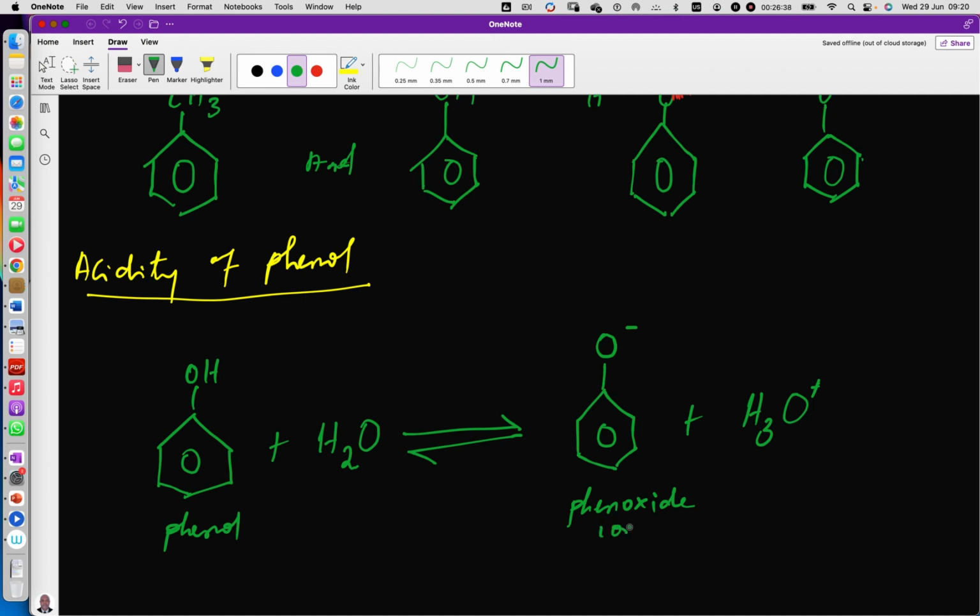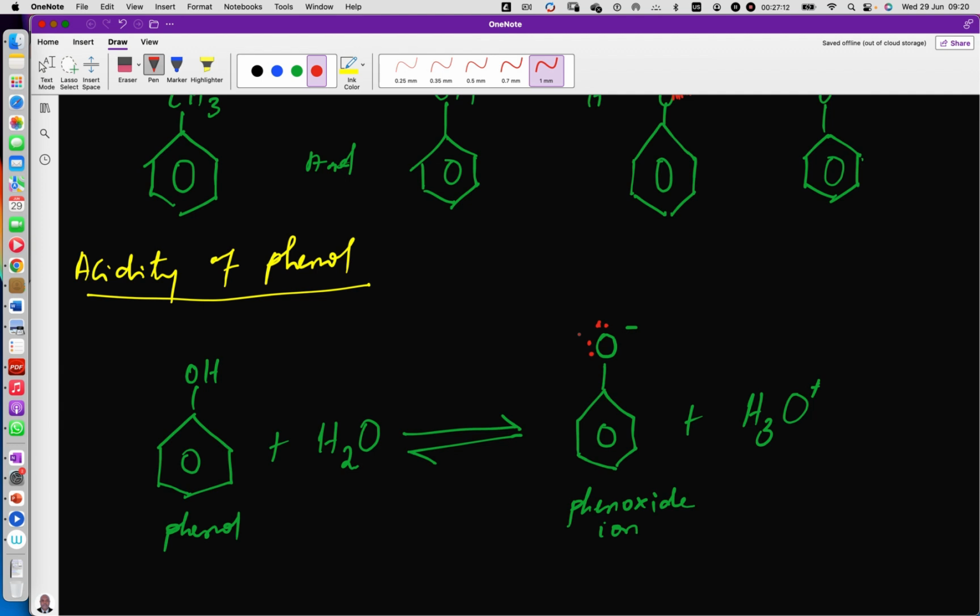The phenoxide ion is formed as a result of the release of the proton. Now, from this equation, I said that the OH bond breaks readily because the phenoxide ion formed